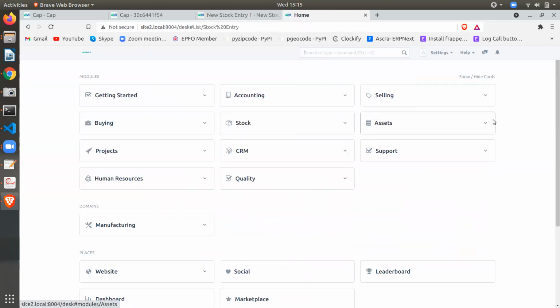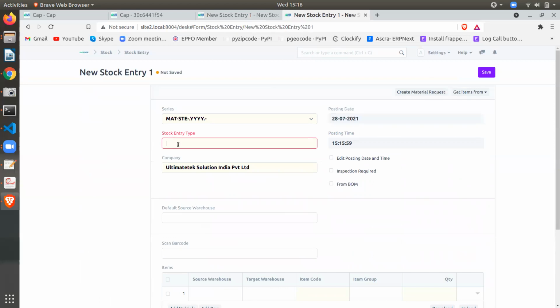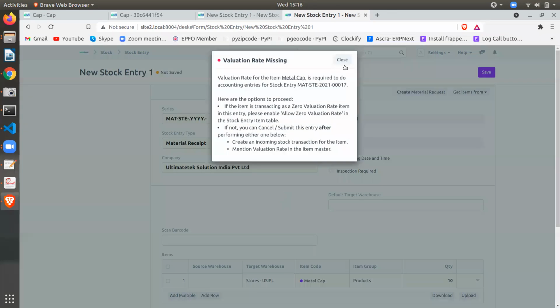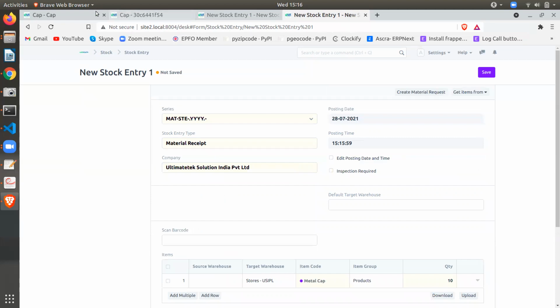Stock entry. Stores. Okay, valuation rate also we need to update.